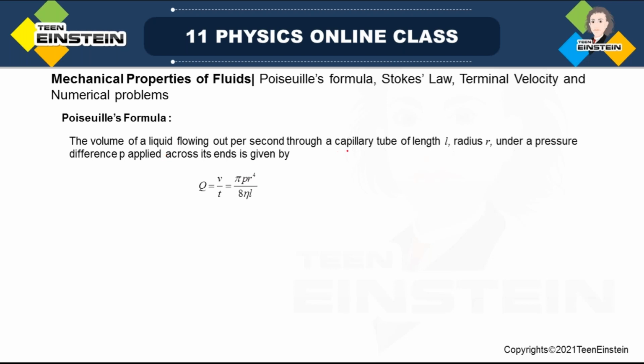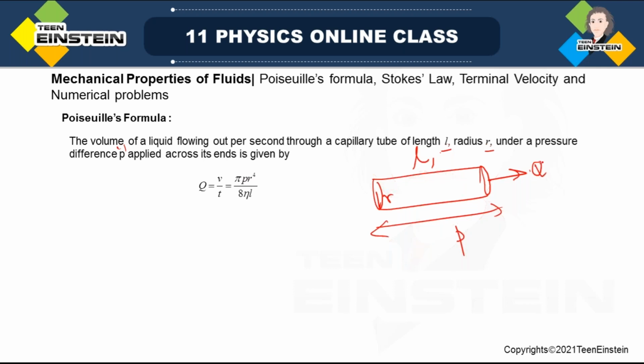So the volume of the liquid flowing out per second through a capillary tube of length L, radius small r, under pressure difference applied, say under pressure difference P, applied across its ends. Suppose I have a capillary tube like this. If pressure difference across these two ends is P and it has length L and radius small r, then the volume of the liquid or fluid, any fluid, flowing out per unit time. So suppose that is the volume Q,